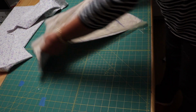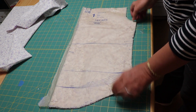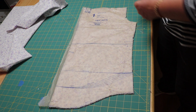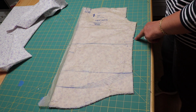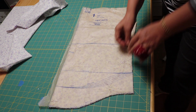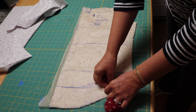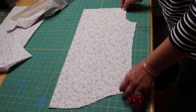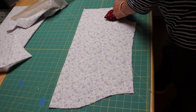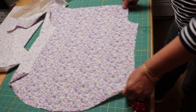So here's the back. It's been cut, and unfortunately for me it's 6 o'clock and I have to stop. So I'm just gonna remove my pins, and you can see that I did the notches where they needed to go. I want to work neatly, so I'm putting all my pins back where they belong. And now, because remember I was on the fold line, I can open this, and here is the back